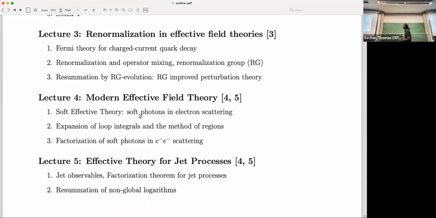So the idea is to integrate above some scale lambda. Above lambda, this is the high energy stuff. And basically to do this, we take our field. And maybe now we do a Fourier transform so that we can basically sort the different momentum modes of the field, long wave fluctuations and short wave fluctuations. And we will split the field into a field with long range, low energy fluctuations and the high energy part.